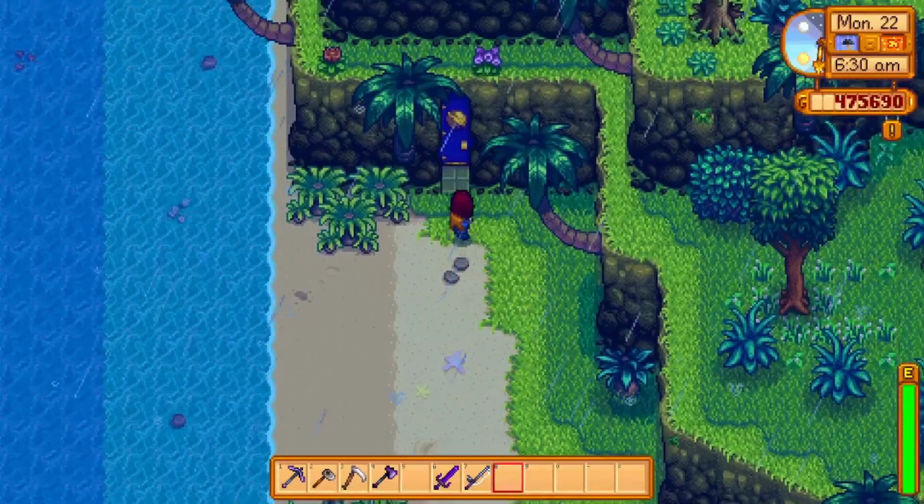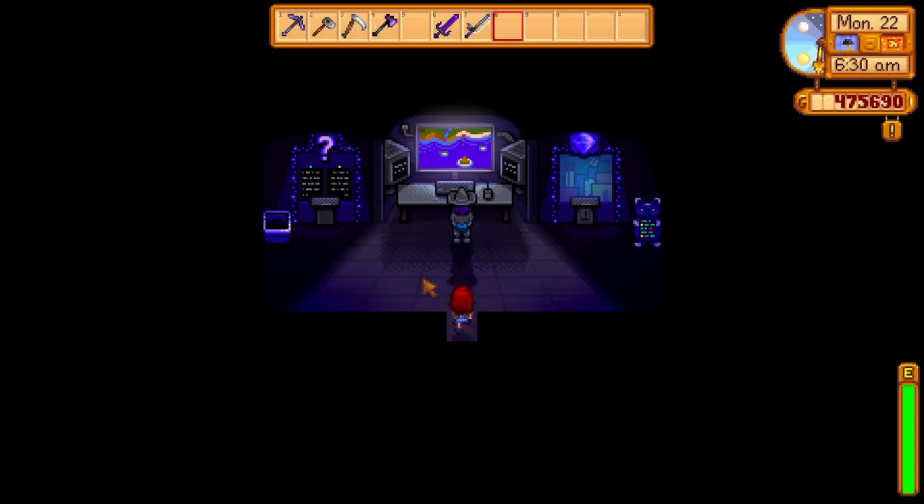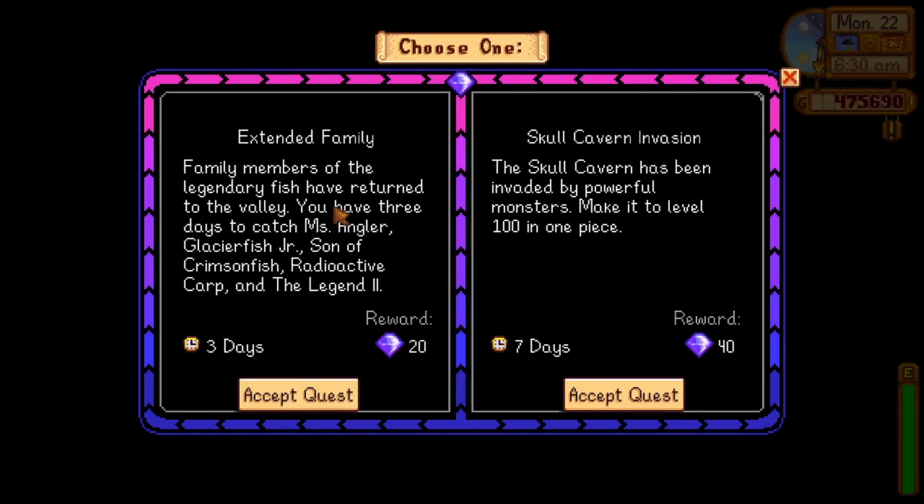The extended family key quest is a pretty tough one. You are tasked with catching 5 legendary fish within 3 days. I was actually a little bit worried that I would not be able to complete this one, since 3 days